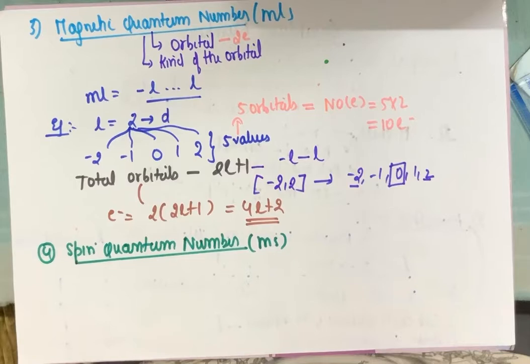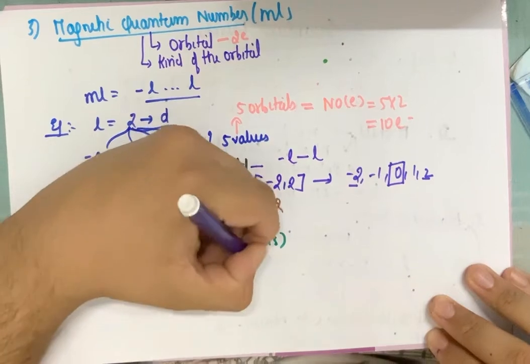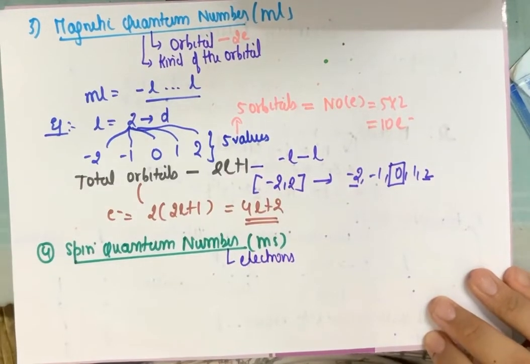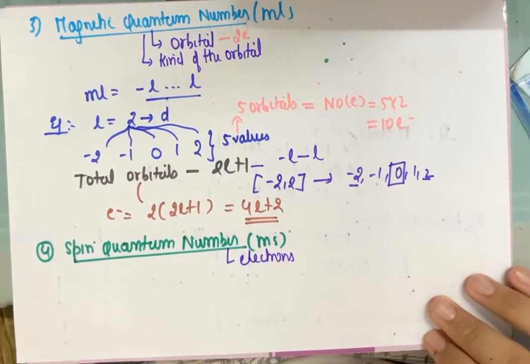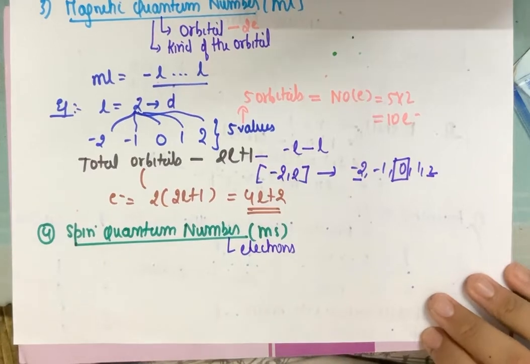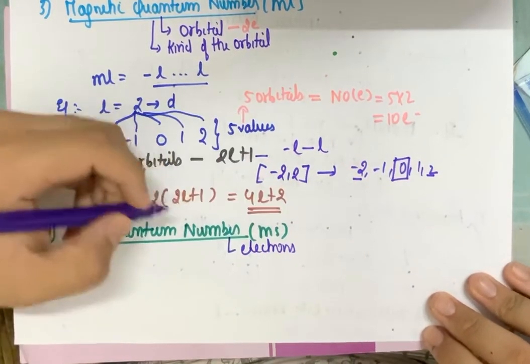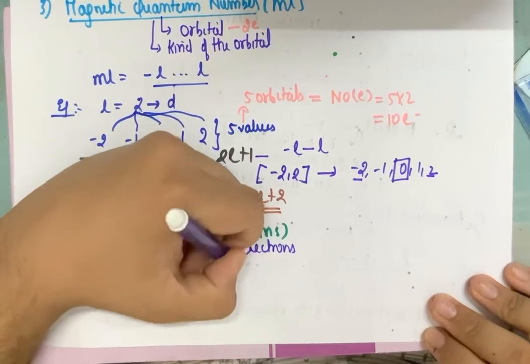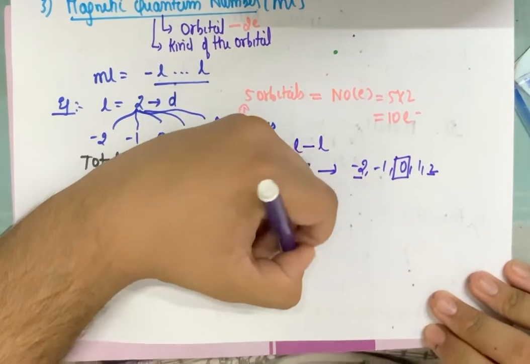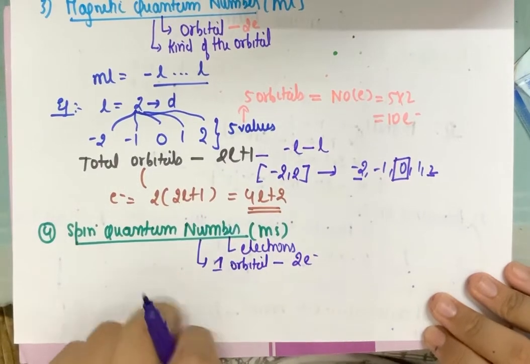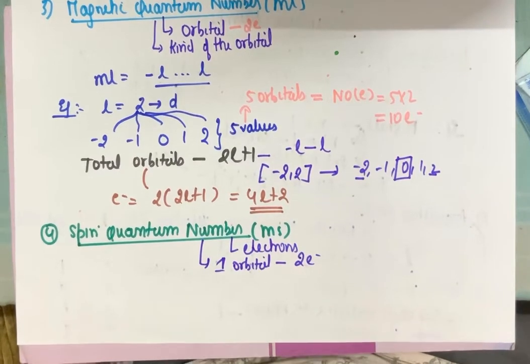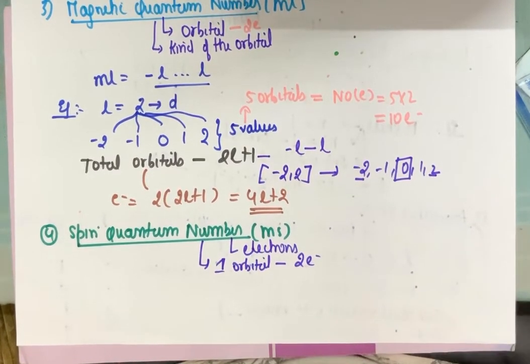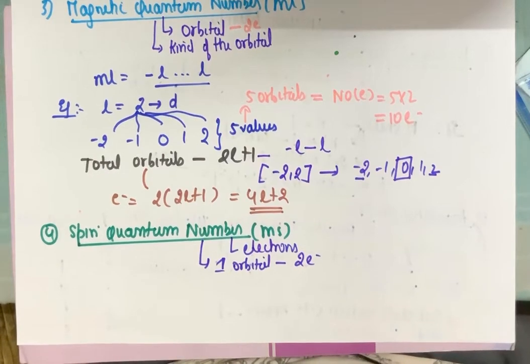And this actually helps us to define the electrons. We are actually going down a hierarchy. Principal gave the shell, azimuthal gives the subshell, magnetic gives the orbital, and what does spin give? Electron. So all the information in a hierarchy, we are doing electrons. Now one thing we know, that if I have one orbital, two electrons will be there. So this spin quantum number explains how to differentiate the 2 electrons. We have to describe every electron at the quantum level.